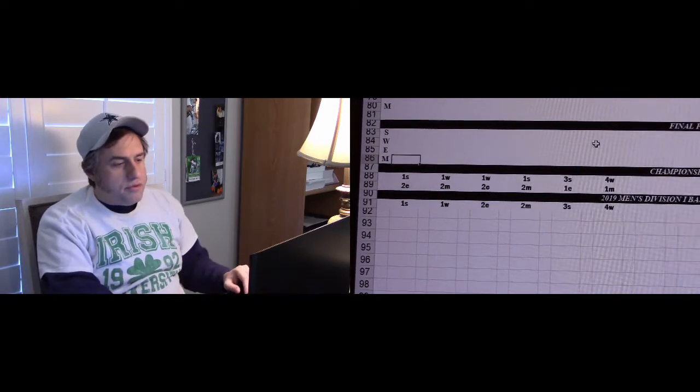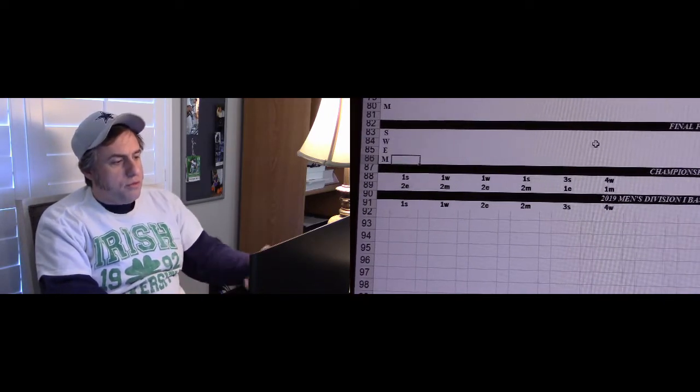And then you just follow it the same way with the Final Four. Now I'm going backwards to the next line. So again, on this sheet, obviously 1 South has to get to the Final Four, 2 E has to get to the Final Four here, and then you just fill it out until you've got everybody that you know has to be on that line based on who you're picking on that sheet. So I got the 3 in the South here, and then 1 W here, and then let's see, we got 4 W here, and then 1 in the South here. Okay, so now